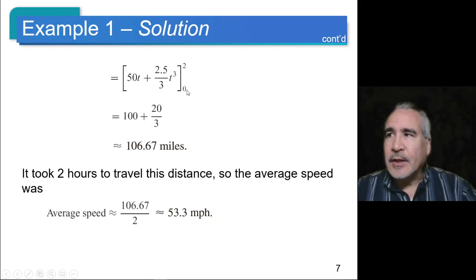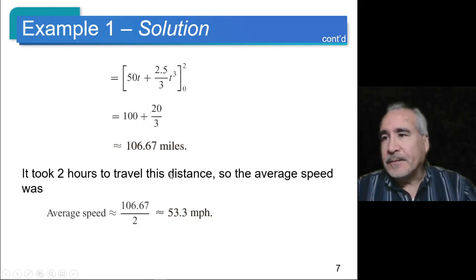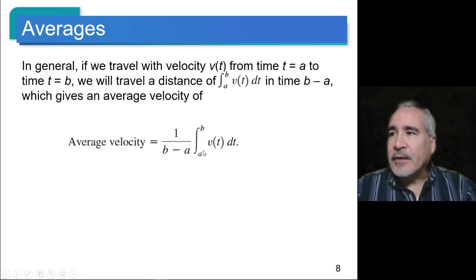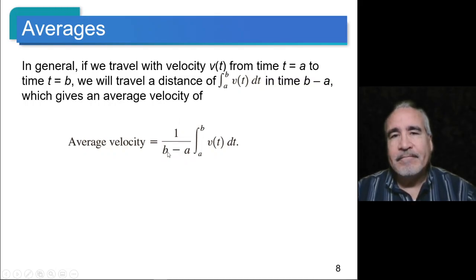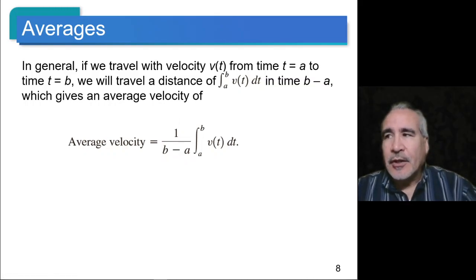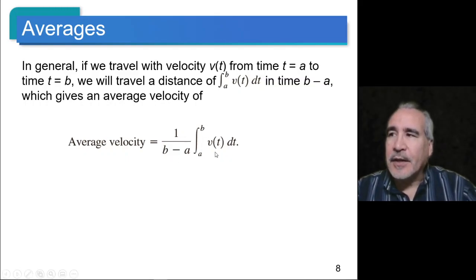Notice 2, you can get the number of hours going 2 minus 0. So that's exactly what happens, the limits going from A to B. If you take B minus A and divide by that, you're going to get the average over that time period, or over the intervals. So we integrate, and